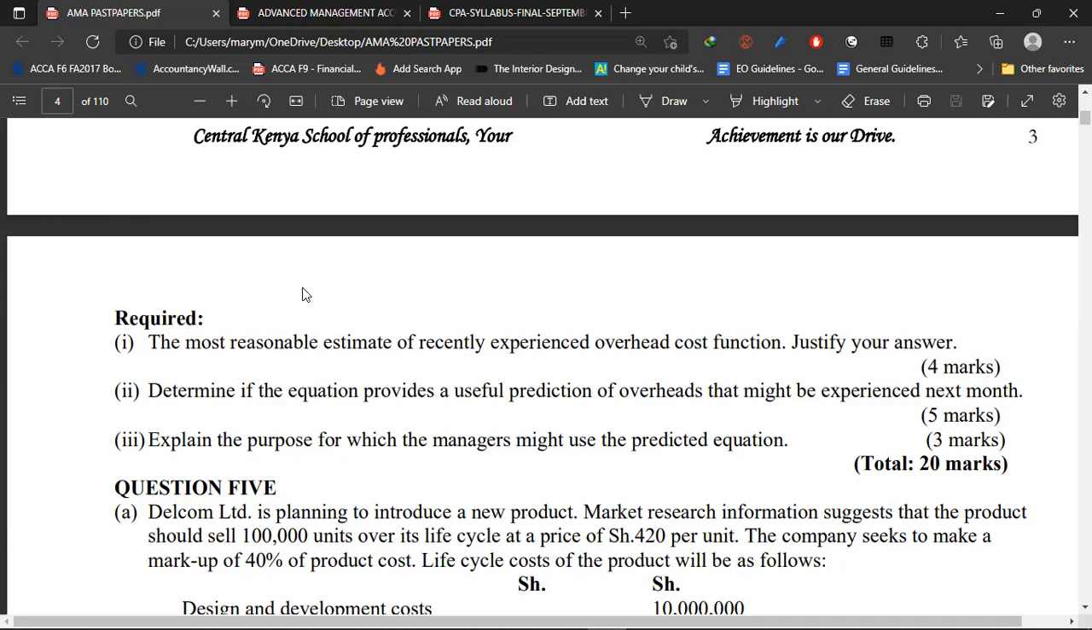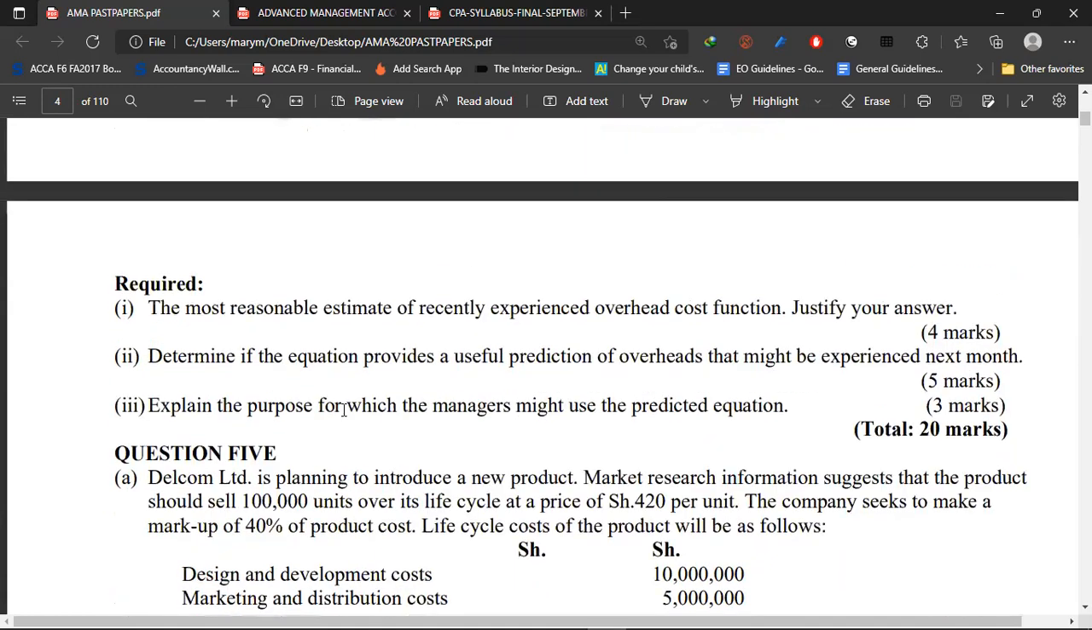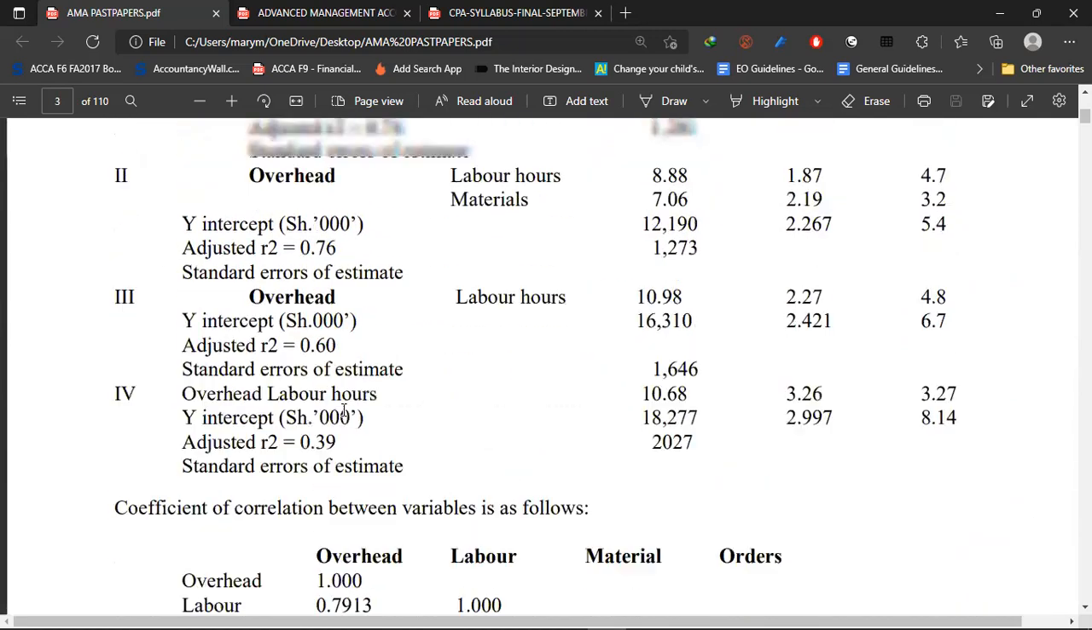So the most reliable estimate of the overall cost function, and then we are going to be justifying our answer, determining if the equation will be providing a useful prediction of overheads that might be experienced next month, and then explain the purpose for which the managers must use the predicted equation. Then I will take you back